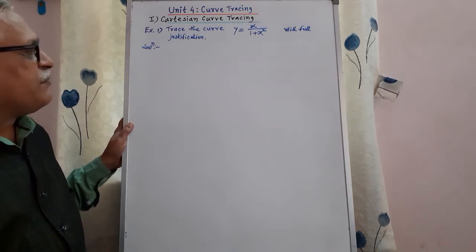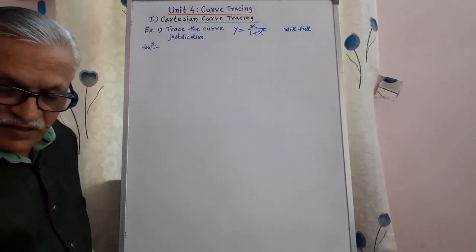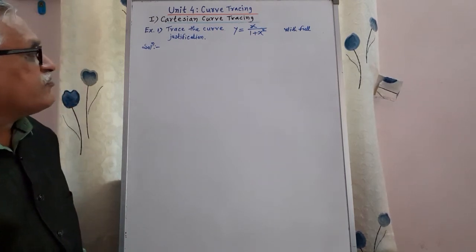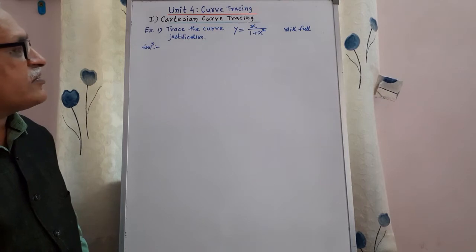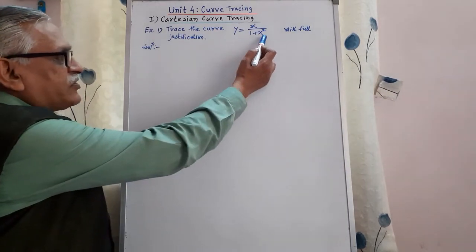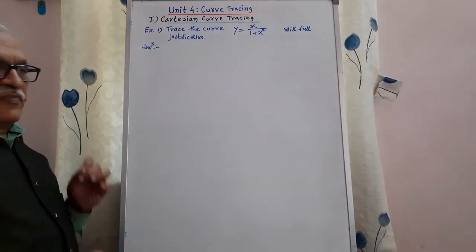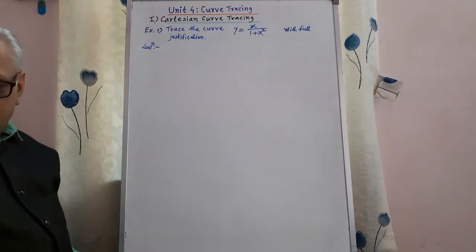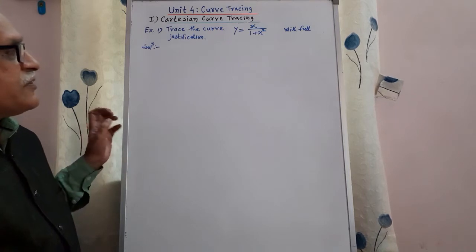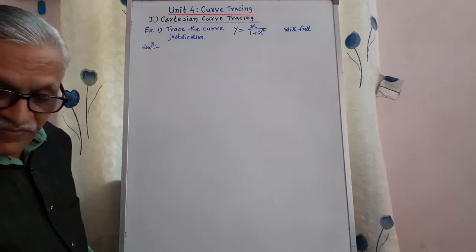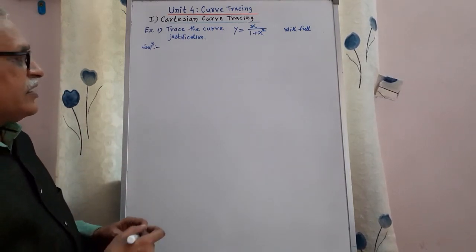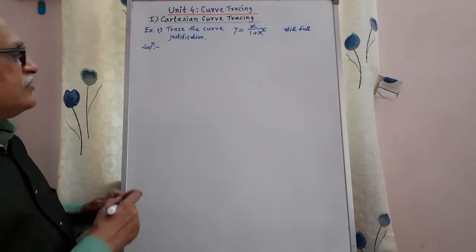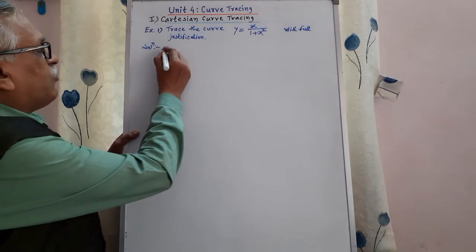Cartesian type. Let us discuss this example. Trace the curve y equals x divided by 1 plus x square with full justification. Again it is in terms of x and y, means Cartesian type and explicit, as y is expressed in terms of x only, and therefore we have to follow the same 5 points. Point number 1,